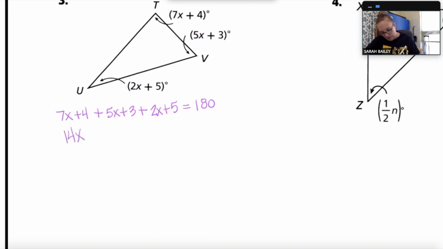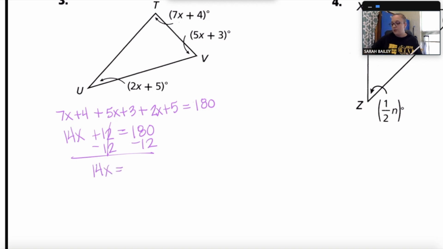And then I have additional like terms, 4 plus 3 plus 5. So that would be 12. So plus 12 equals 180. So when I solve for x, I'm going to subtract 12 on each side. So I get that 14x is equal, and now I'm going to do 180 minus 12, and I get 168. Then I'm going to divide both sides by 14,